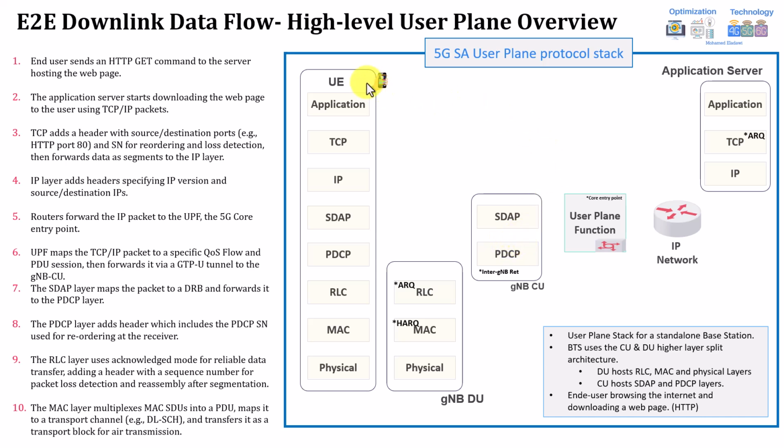So how will this end-to-end call flow happen? Assume the user is trying to download a web page. The first thing it will do is send an HTTP GET command towards the application server. This will be the first step. Then the application server will know that the user is trying to download a web page using HTTP. In this case, the data in the application will be transferred through the TCP transport protocol, because, again, TCP is used for HTTP as we highlighted in the previous slide,